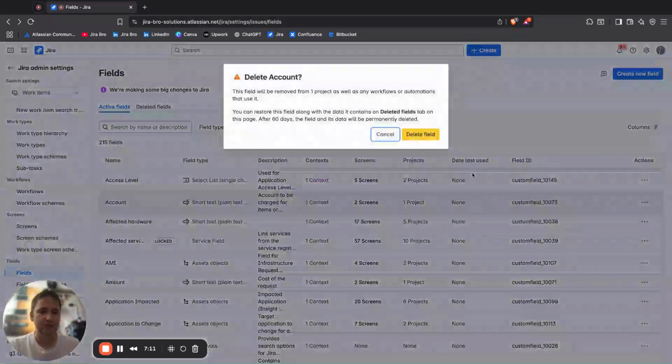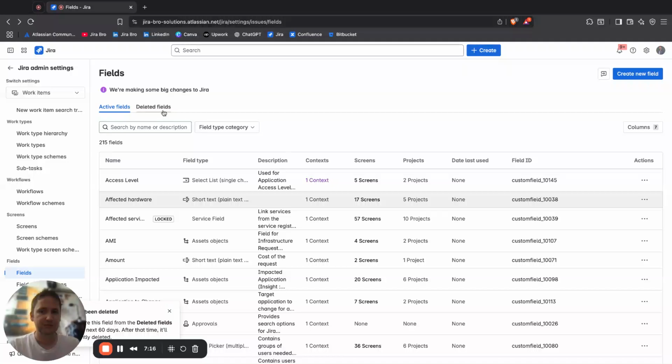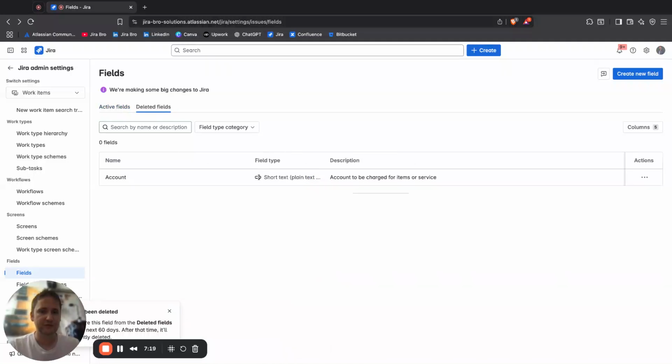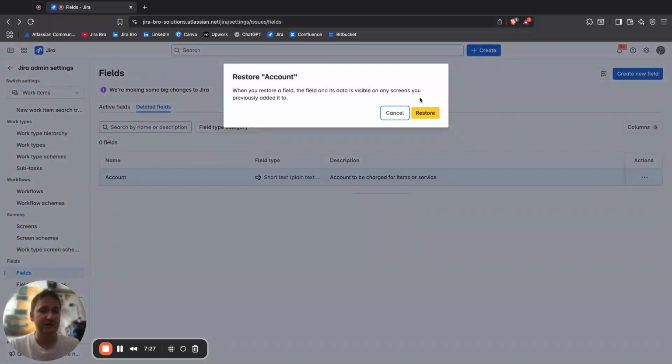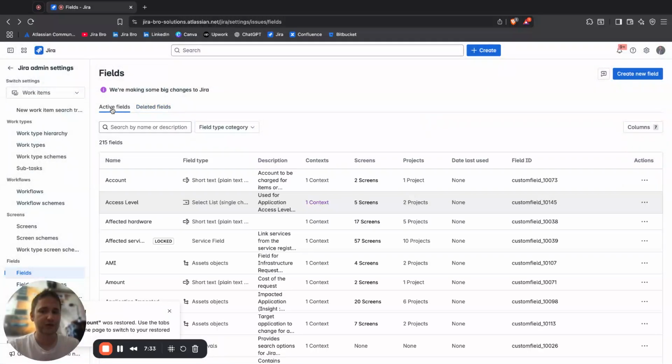So if I delete this field right here, now what happens is if I go to deleted fields, I can see that this is indeed in here. What is even better is I can go ahead, and if I want, I can restore this field, which is something that wasn't available before. This is something that you're having right now. So as you can see, this is a real big change. So goodbye custom fields and